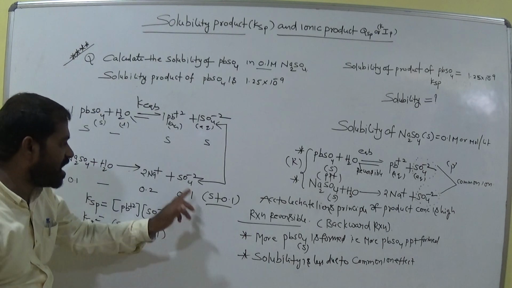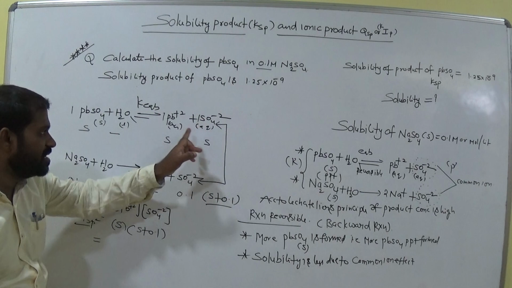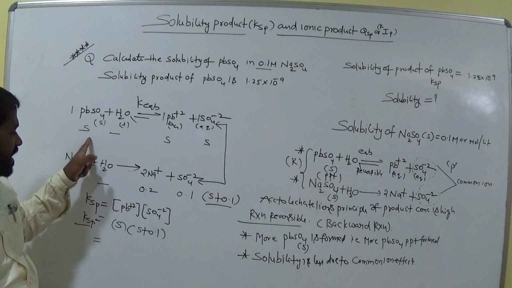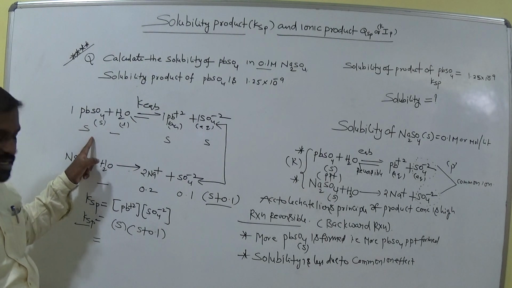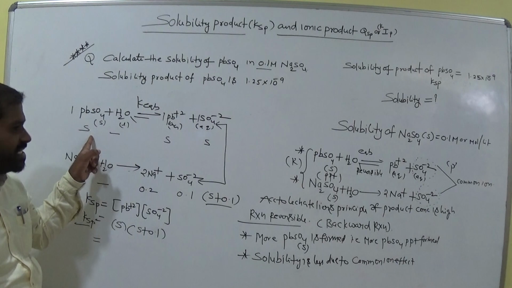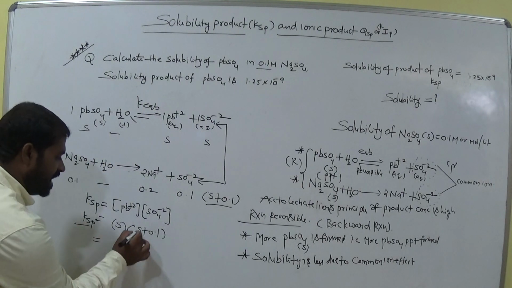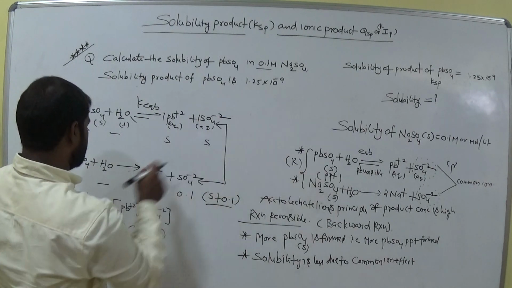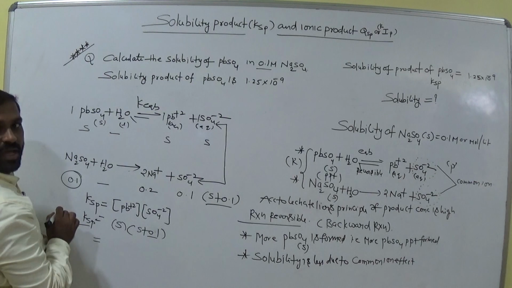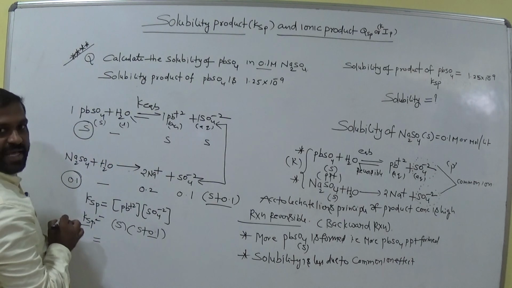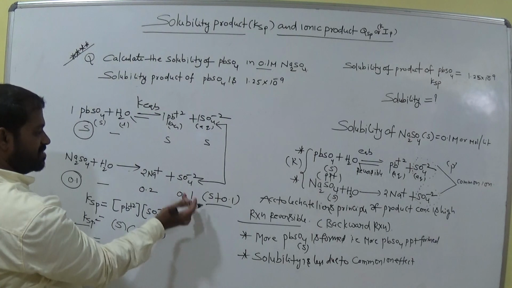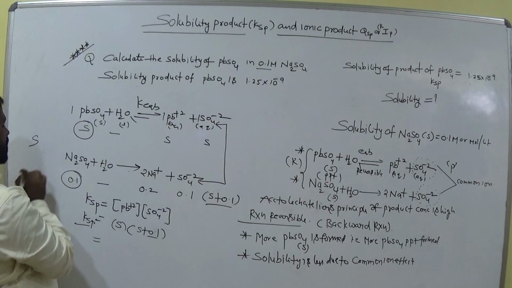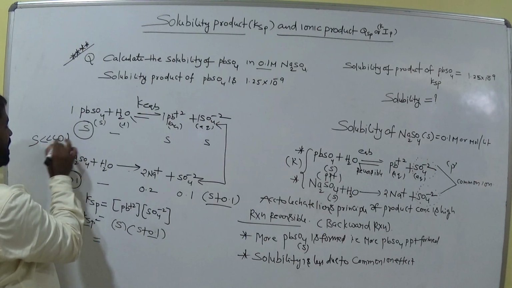Now after adding the common ion, the solubility of this component decreases or not? S means solubility of lead sulfate. Am I right? So after adding the common ion, its solubility decreases, more PPT is given. That means 0.1 means solubility of sodium sulfate, am I right? Okay, this is the solubility of lead sulfate. Yes, after adding the common ion, its solubility decreases. That means the S value is very much less than 0.1, am I right?